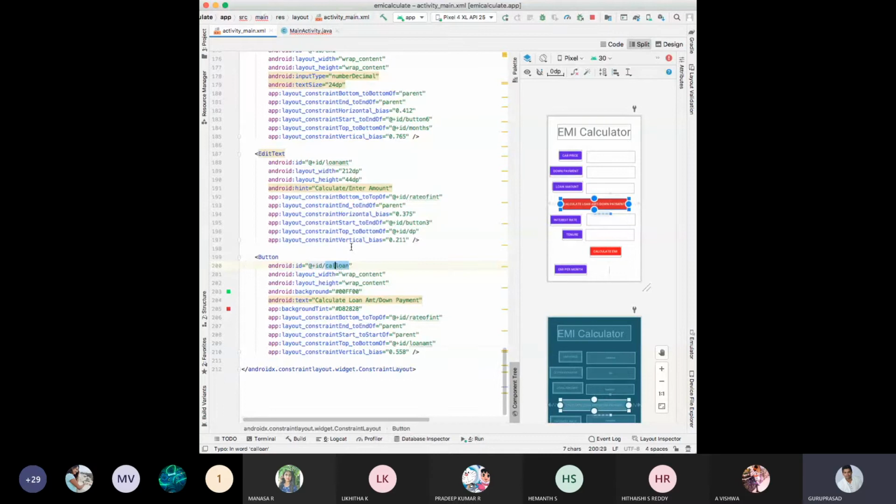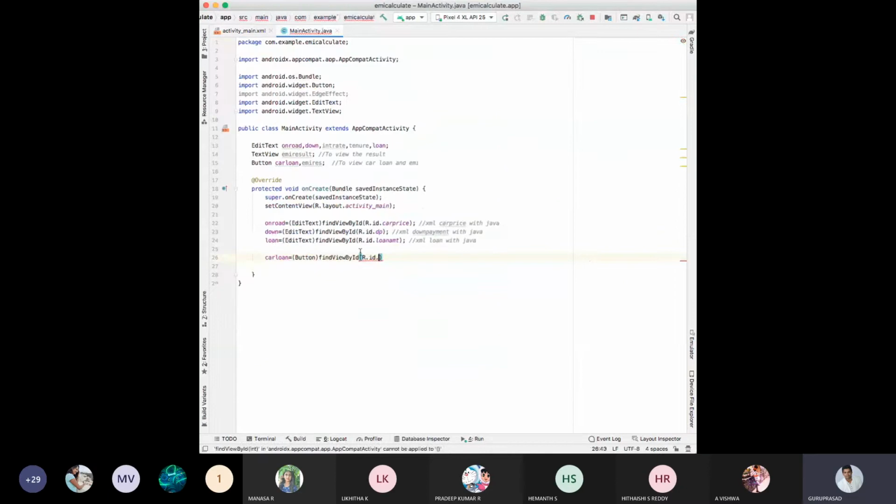So I'll just change it. CAL, car loan. Semicolon. Then I need to get EMI result. So there is a button in my XML. Find that view by ID r.id.